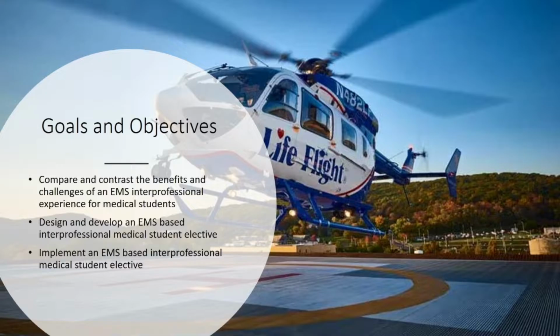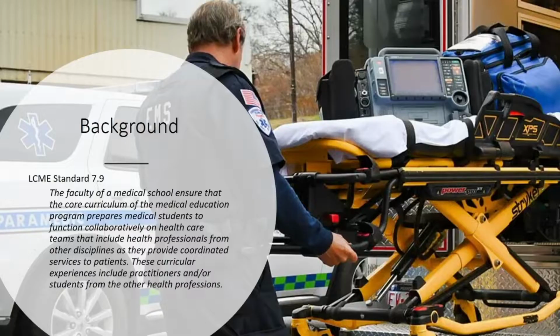So, a couple of goals and objectives. I just want to talk about the benefits and the challenges, things that we've solved in the past couple of years doing this, and give you the opportunity to design and implement this at your shop. Some of the background for this is that the LCME says medical schools have to teach interprofessional education,